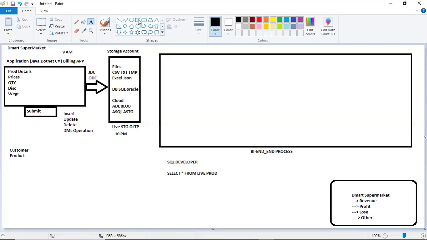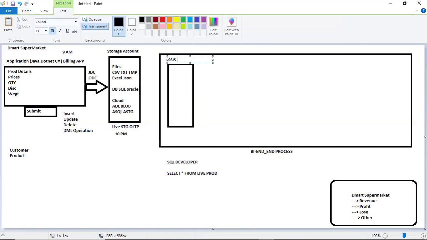So now I'm going to hire an ETL developer. The ETL developer may be an on-premises ETL developer, an SSIS ETL developer, or maybe I am going to hire a cloud developer. What does this ETL developer do? They extract the data, clean the data, and load the cleaned data to the targets.